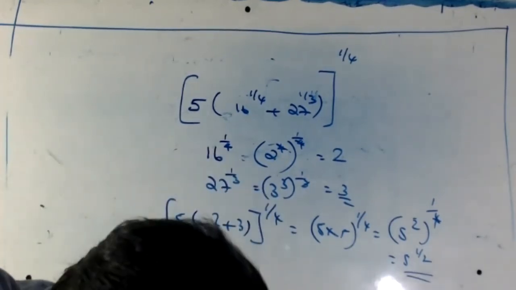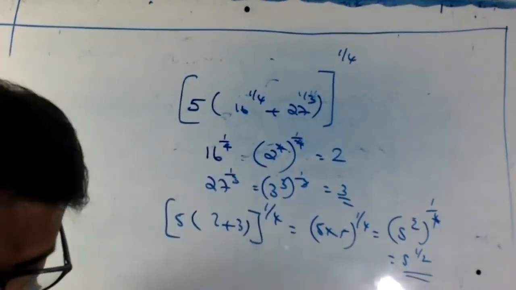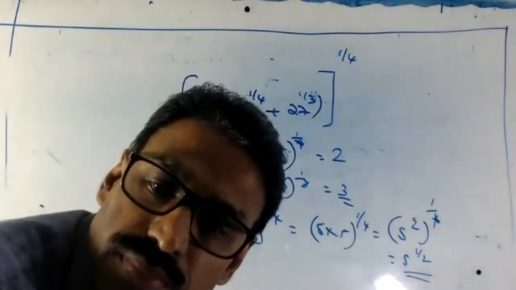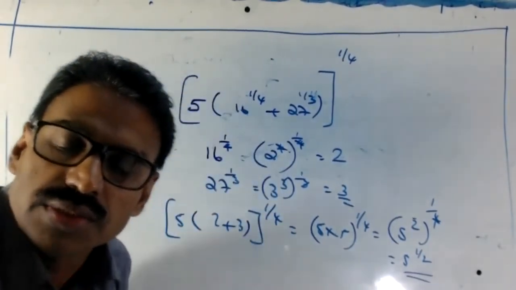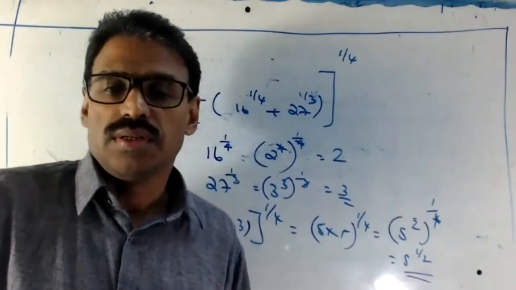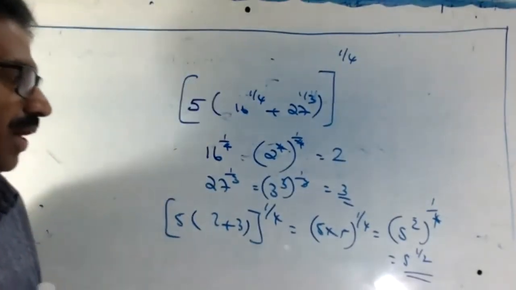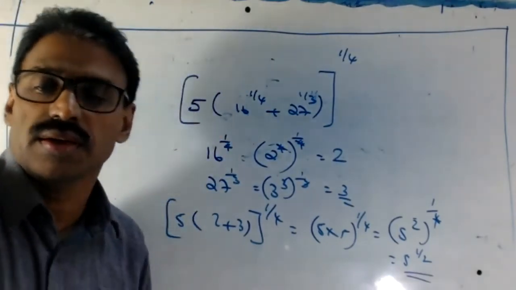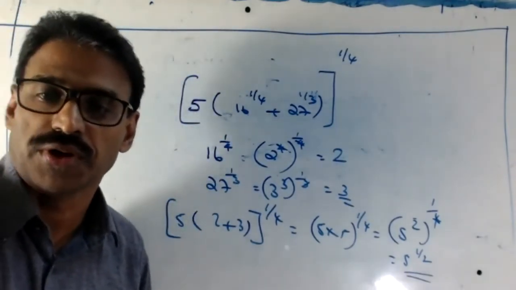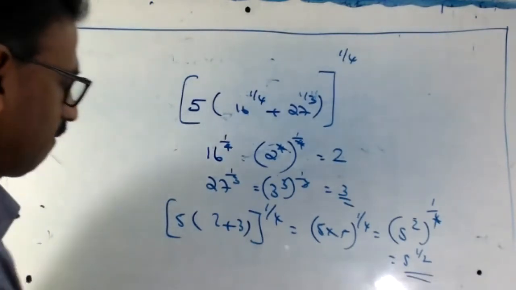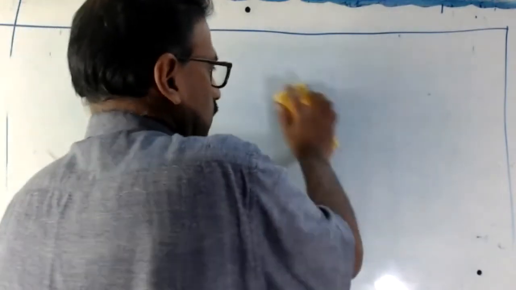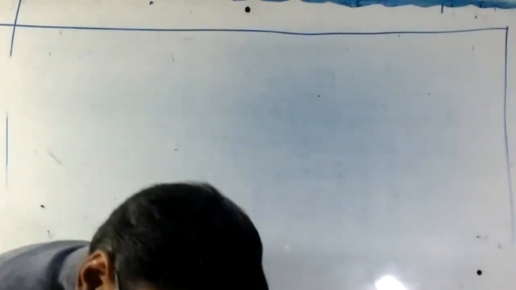Okay, such an argument, there is no argument like that. 5 into 5, 25, everybody knows. Even a KG student also knows that one. Why are you typing and wasting the time? It's not a good argument. You're asking whether 5 into 5 is 25 or not. Everybody knows, even my cat also knows this one. 5 into 5, how much? First of all, you understand you are in class 9, not in KG level.